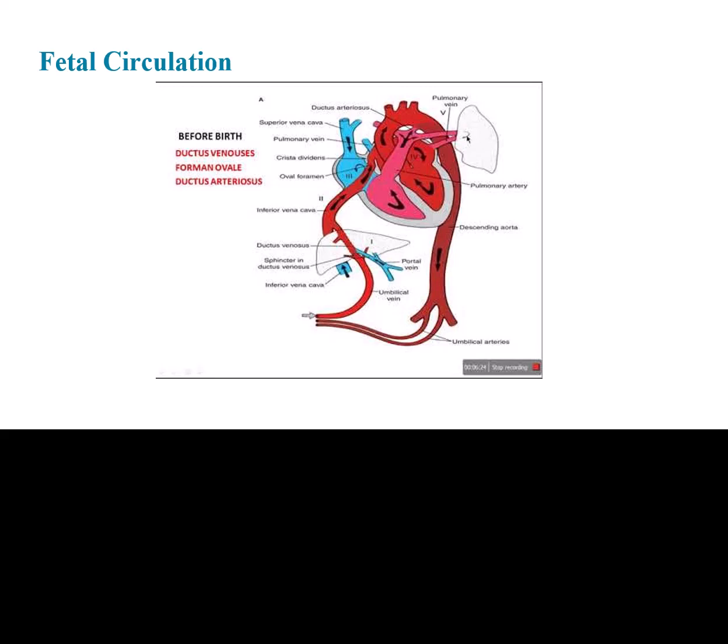Now, most of the organs are developed during the first trimester. This is where we see some of the largest changes and some of the most physical changes that occur within the baby and the mom as this is beginning to go through. The first trimester